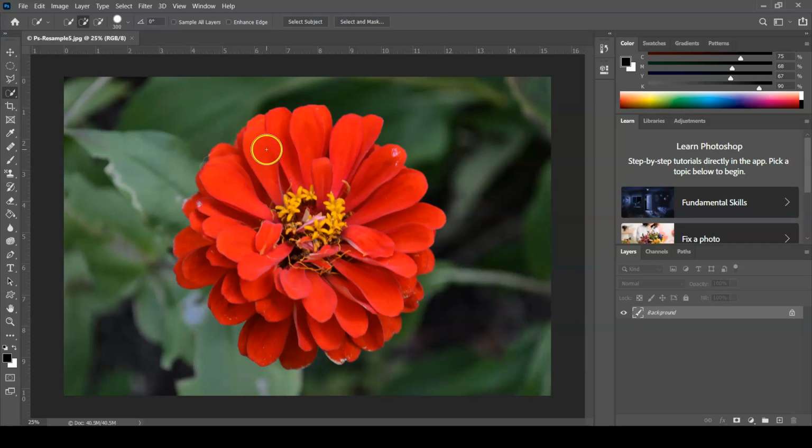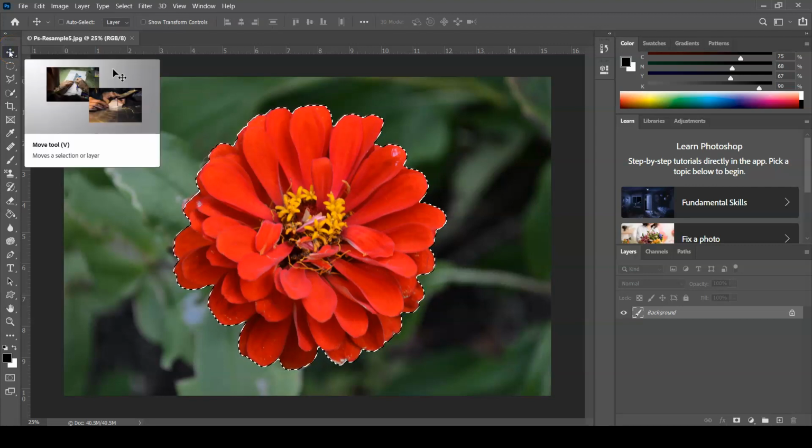So I'll keep my cursor and the brush inside of the red flower part. I'll click and hold my mouse key down, and you'll see that selection start to snap, and it intuitively understands the shapes and the colors that you're trying to select. I am kind of guiding it slowly. I don't want to go outside of the flower. It'll start to think that I want to make a selection out there. So I have the entire flower contents selected, and I'll go back to my Move tool, V on your keyboard,